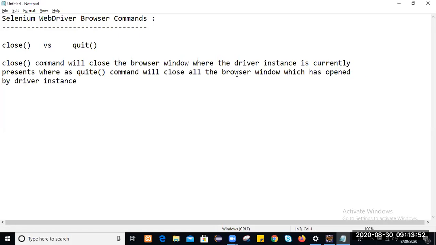So that is the basic difference between them.